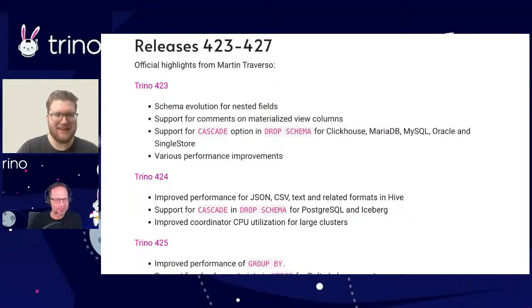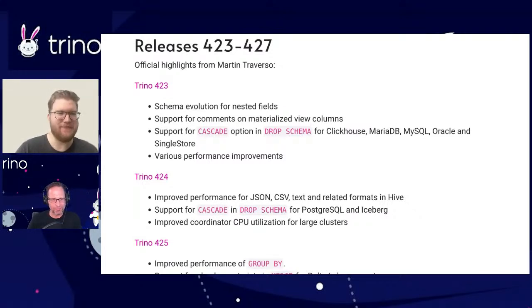So let's see. Yeah, so we're going to go through this kind of quickly so we don't end up taking 30 minutes talking about the releases, but schema evolution for nested fields, which is kind of nice. We've got support for comments on materialized view columns. I think that's like the last of the comments on things that needed to be added to Trino. So you can comment wherever you want all of the time now. I could say something about more comments on more things coming, but we'll keep that for a future episode. In 423 and 424, we added support for Cascade as an option for drop schema in a variety of different